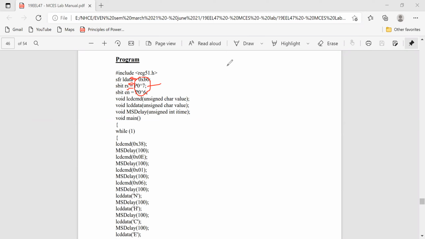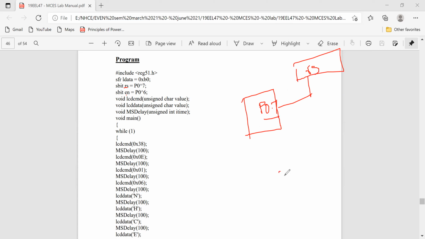Okay, right. As of this, it is a variable. If you change that particular variable, automatically here, for example, port 0.7 is connected to the LCD RS pin. Now as a variable, RS is assigned as P0.7. If I change RS equal to 1, then automatically here it is high. So RS will be high. So that is the matching level. So we have configured, that is, we have initialized the pin.